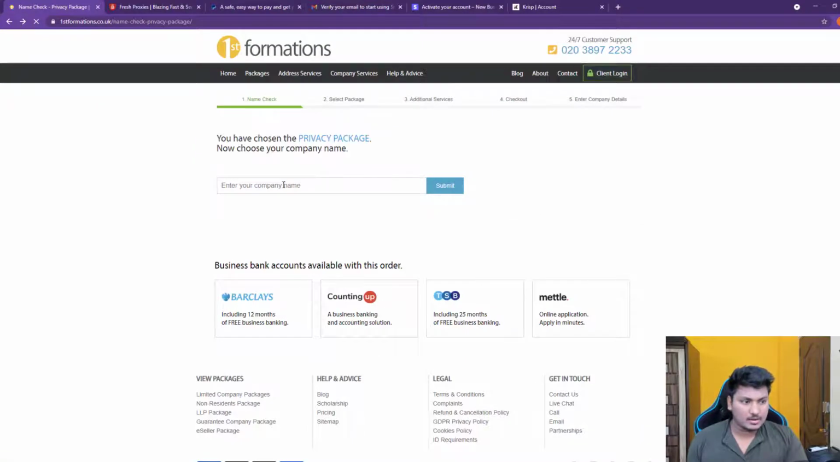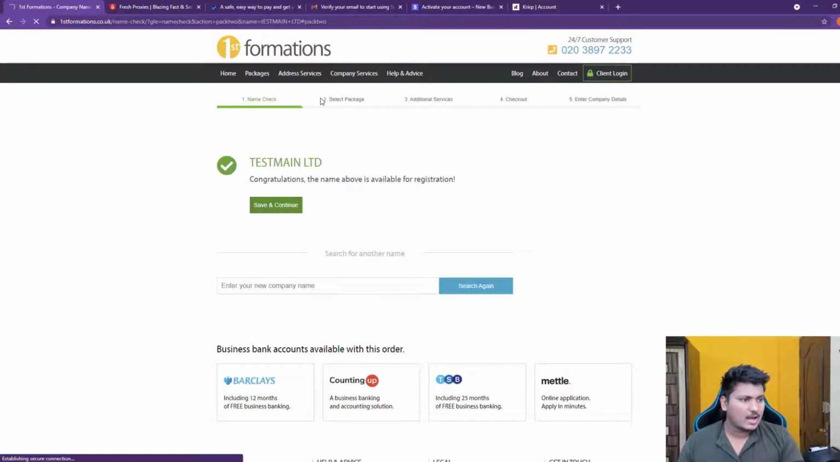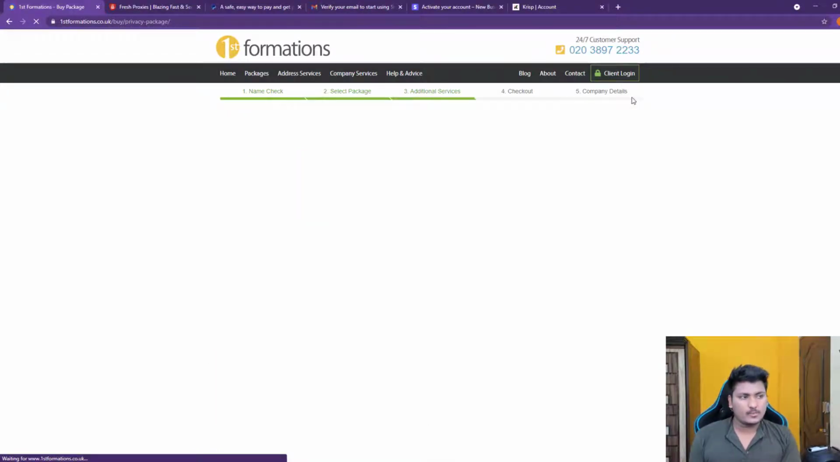and then it will ask us for our company name. So for example, let's say if we have entered something like test main ltd, and let's see if it is registered or not. It will check for your name, and if there is some other company with that name, you will not be allowed to register for the same one. So the above name is available for the company. We will click on save and continue,